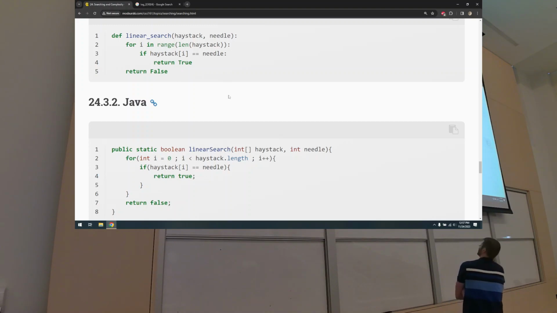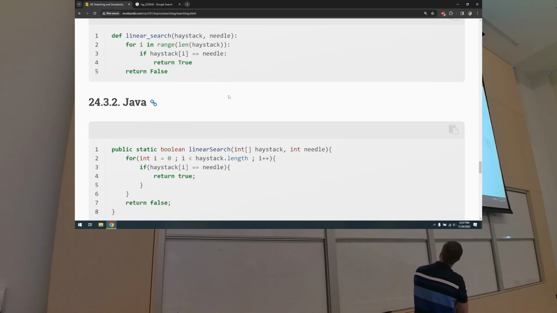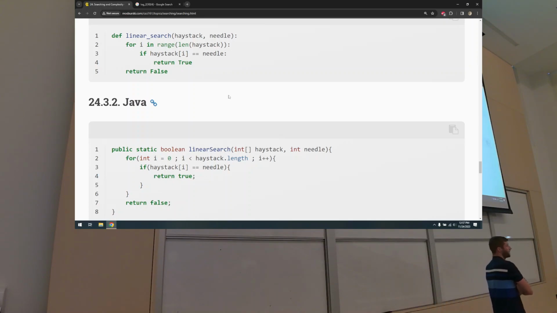What's the next line? Well, that looks different. But let me explain what it means, and then you'll realize it's not different, it's just syntax. It's not semantics, it's syntax. This is a for loop written in Java where you're using an integer i, and all this means is i starts at 0, and while i is less than the length of the haystack,